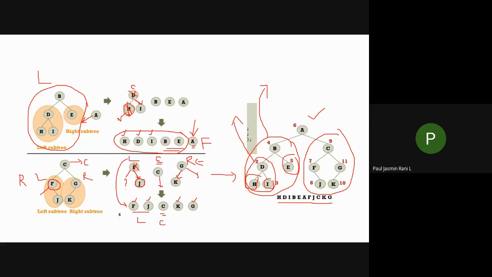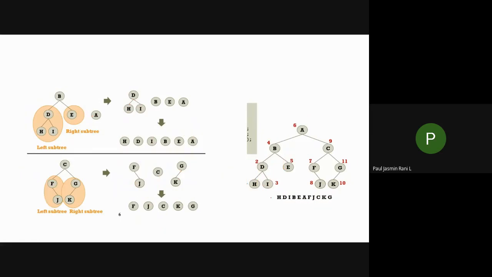You categorize into a left subtree, right subtree, and the parent. After that, what I am doing is, for this one, I don't have any left child or right child. Therefore, I am printing this H. Next, after this left is over, I have to print this D. Now I have to give preference to the current node, that is the parent node. Can you follow this one? So I'm printing this B. When this B is over, the left is also over.